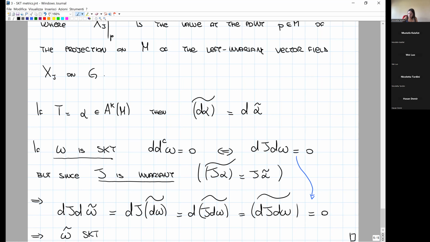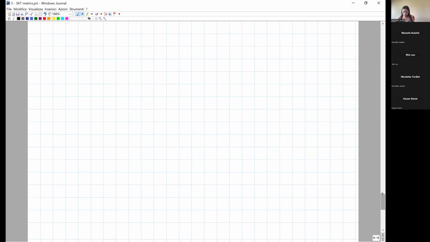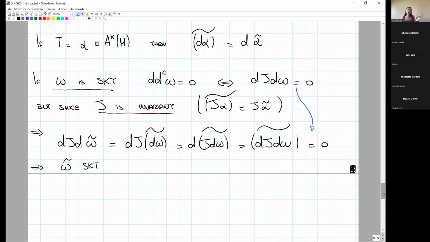So the idea is this: if you start with an invariant complex structure, and you have an arbitrary SKT metric, then you can find an invariant SKT metric. Okay, so something that lives on the Lie algebra. And a similar argument can be done for other special kinds of metrics, like balanced metrics. Okay. All right, so just a remark